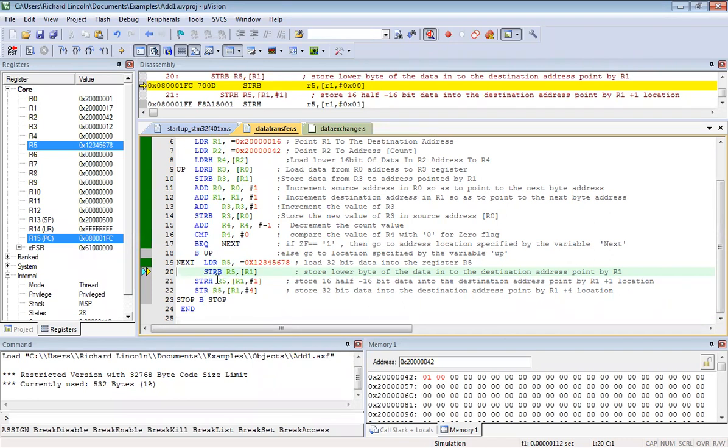Now these are different types of storing instructions. When you say strb, the lower byte, the lower side, is transferred from R5 to R1. So it is going to be 78, the LSB. Remember, we were studying the Little Endian concept of how data is stored. Now let me go to R1. R1 is right now pointing to 17.